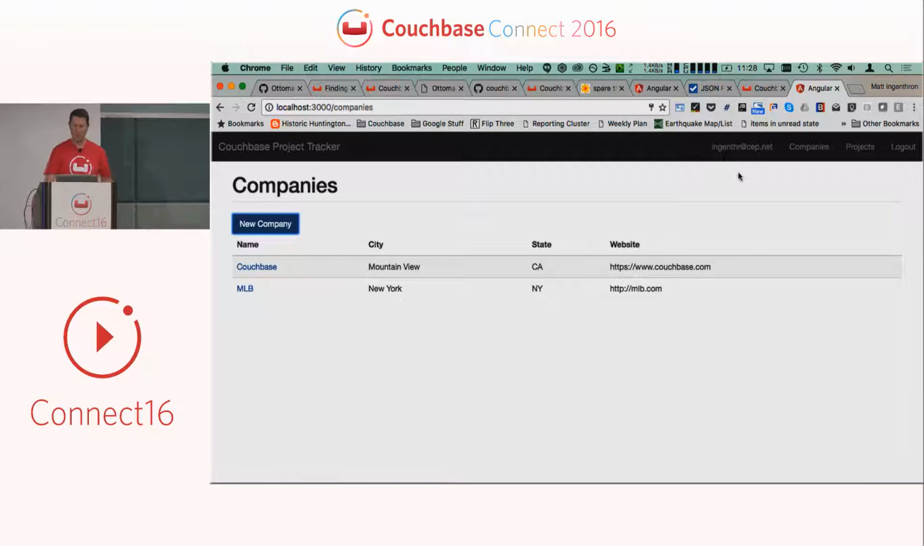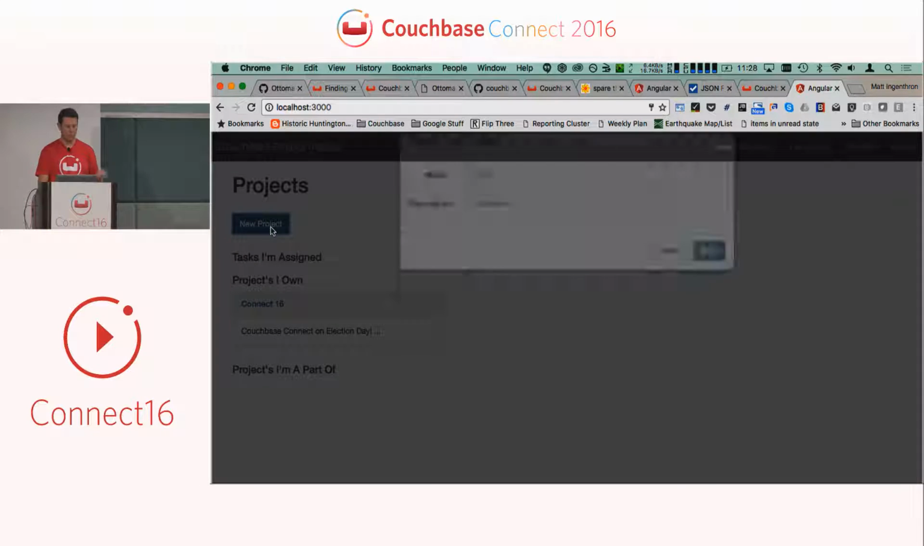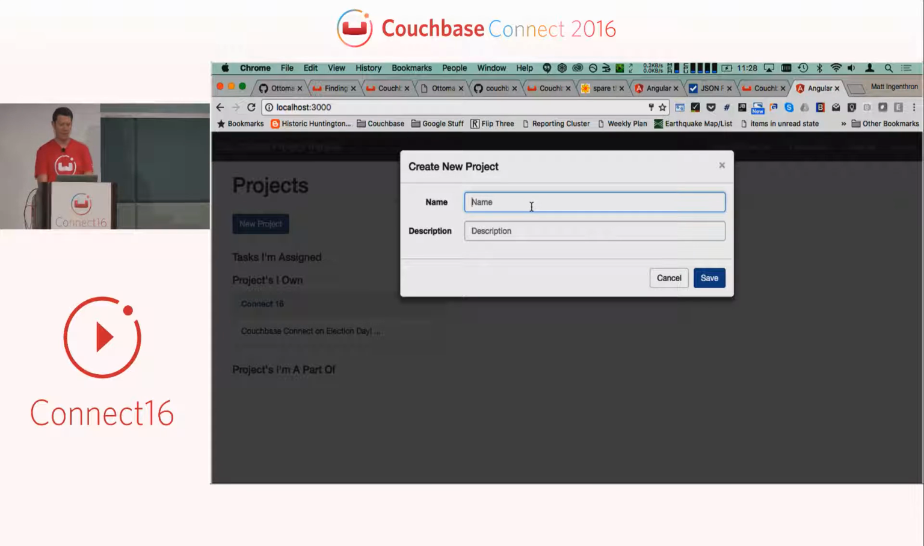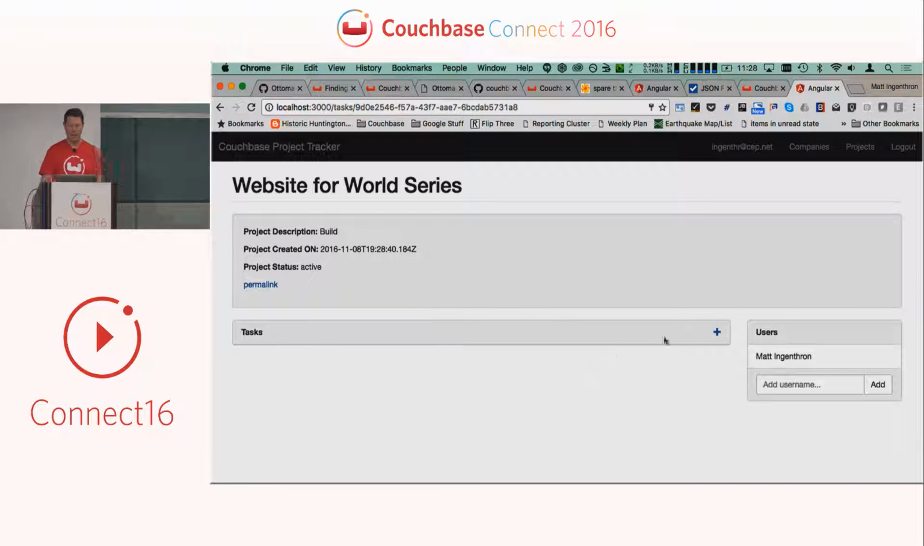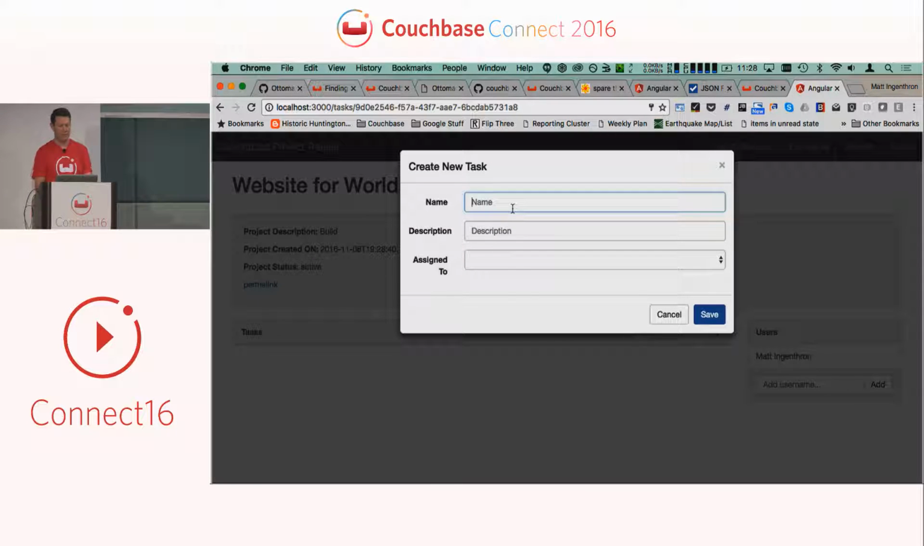Now, if I were to go into projects and create a new project, I could create a project for something like a website for World Series and build one. The name and description are things that I need in my model, for example. In there, I might have a set of tasks. Maybe I have a task which is build awesome site. We're going to say for MLB's World Series, and because we need to get the best expert we can